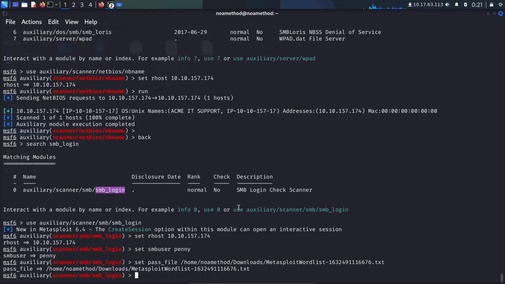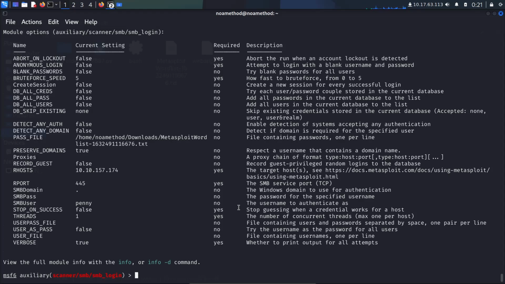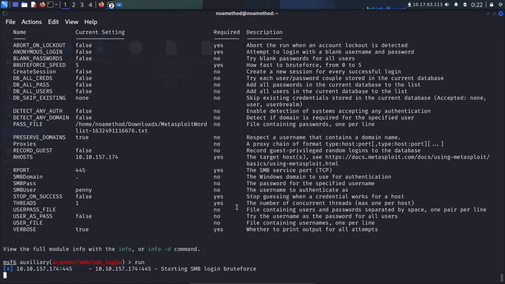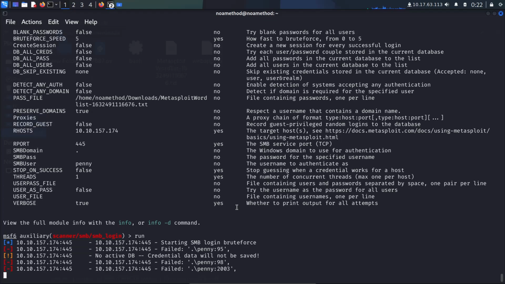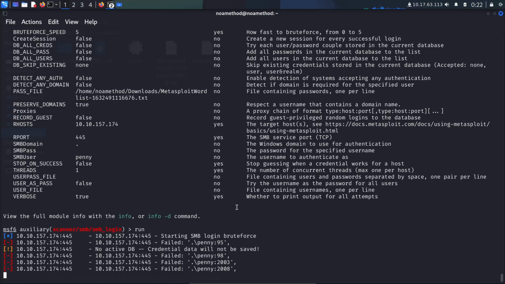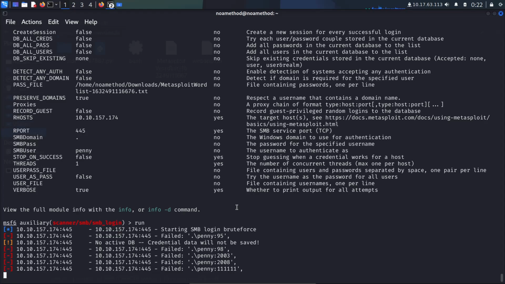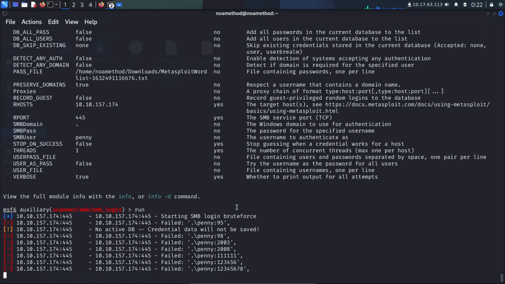Alright, guys, and then we can check the options: RHOSTS, SMB user, and pass file, and we can try to run it. Yes, we try to brute force.